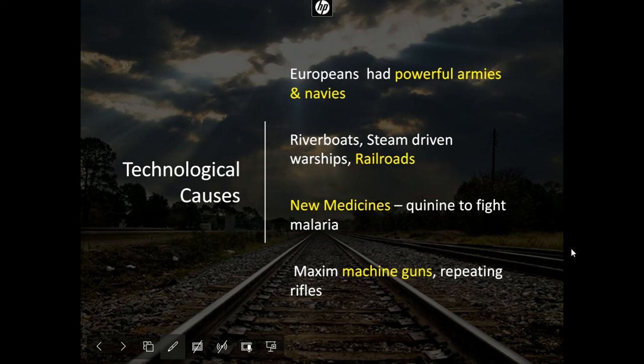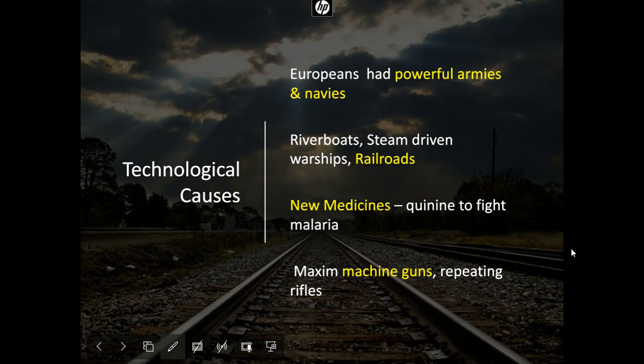New medicine is huge. Africa had been insulated for a very long time and protected by disease. Anyone who was not from Africa went to Africa. They got bit by mosquitoes, and many of them died. So Africa was not conquered by anyone outside of their continent for a very long time. However, new medicine makes it possible for people to go into Central America and go into Africa and be protected from many of those diseases.